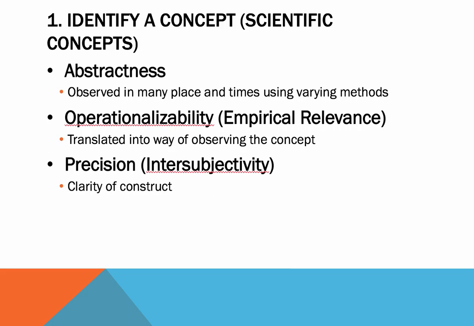So how do we create a concept or identify a concept? What makes a concept a concept? We are interested in social science concepts, and the things that are required for a quality concept is, first of all, abstractness. So you don't want a concept that can be tied to one place and one time. Otherwise, it serves no utility in predicting and explaining human behavior. So one key attribute of a good concept is something that we can study over a period of time.